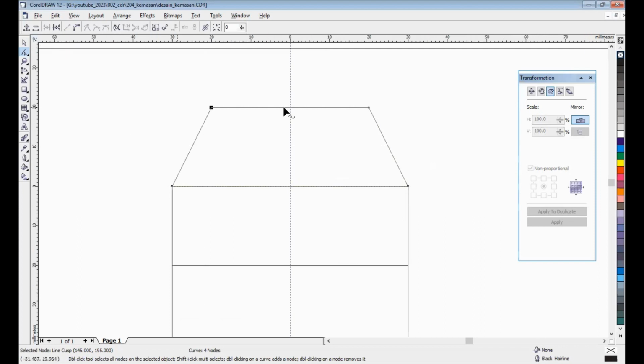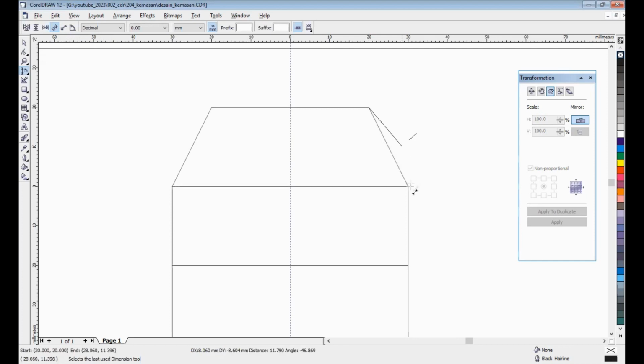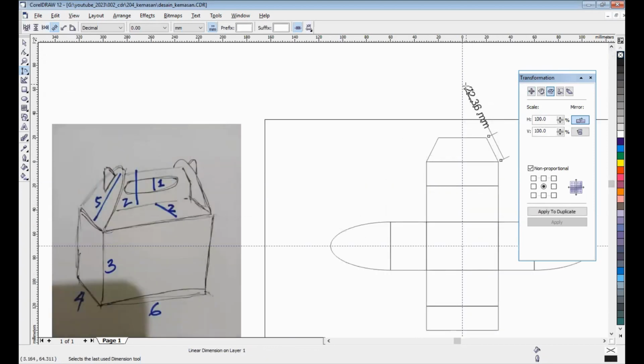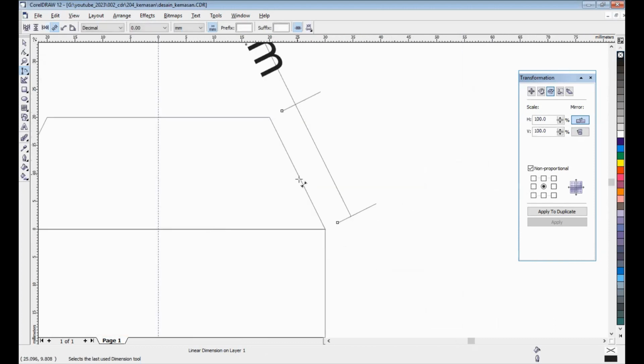If we want to measure this line, we can use the dimension tool and take this slanted dimension tool. Click here and click here. Let's check it out. Maybe 2 centimeters. Yeah, 2 centimeters. Now I will try to take this.